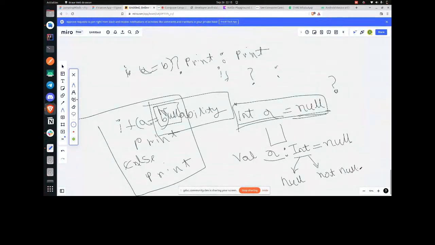Not nullable. One is nullable and another one is not nullable. So how can I denote that a particular data type is nullable or not nullable? By simply putting this operator beside the type. If I put this operator beside a particular data type, it actually denotes a nullable type. It means a variable of this data type